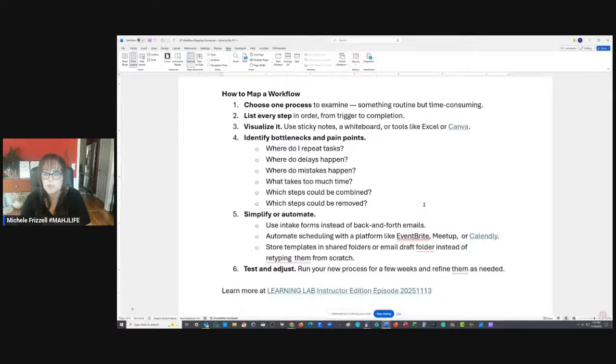So once you've got it documented and you're using the new workflow, then you'll notice ways that you can continually simplify and maybe even automate. So it's not a one and done. It's an ongoing activity.